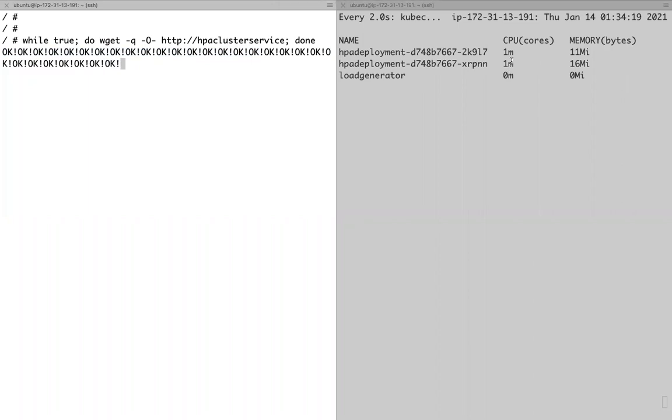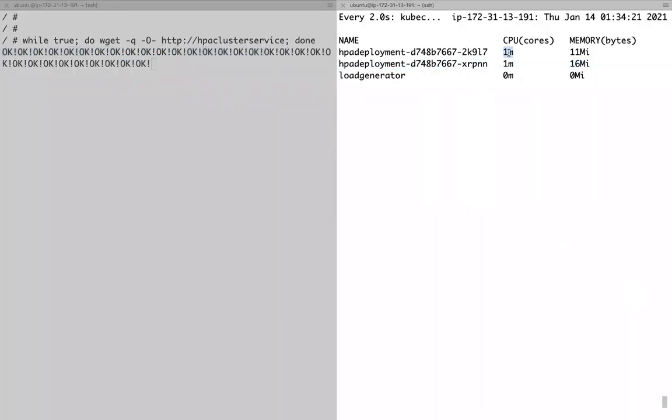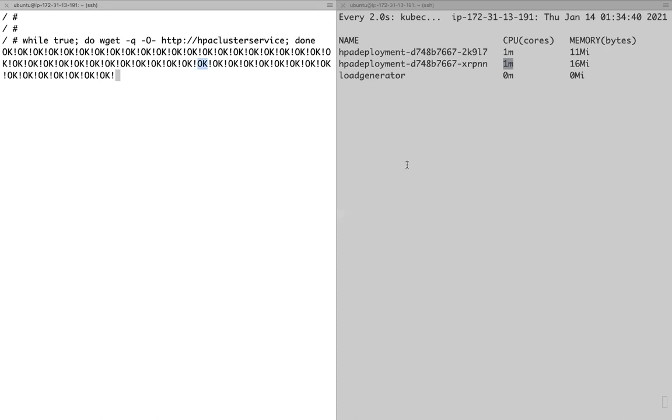Now slowly here you see, right? Your CPU utilization will go high. Now you don't have an HPA. Will it scale up a third pod? Will it scale up a fourth pod so that it can distribute the load?